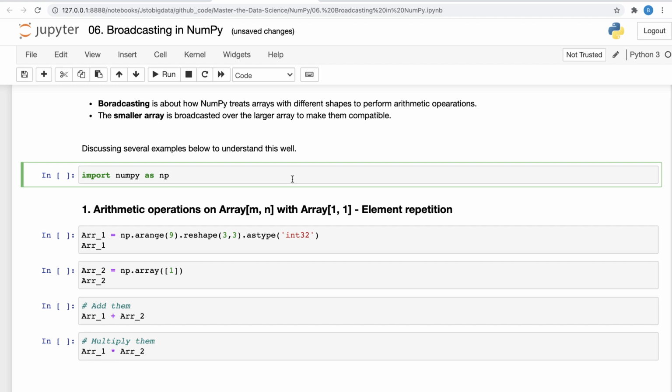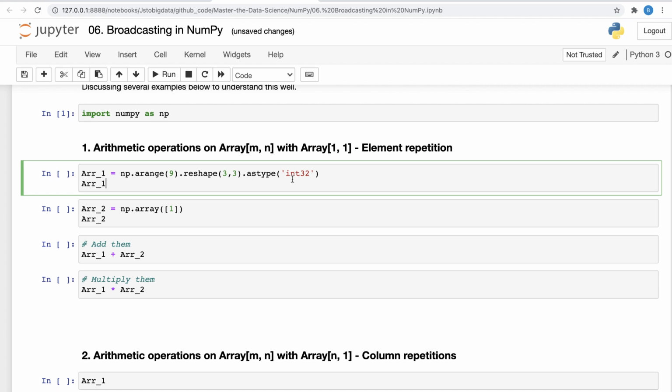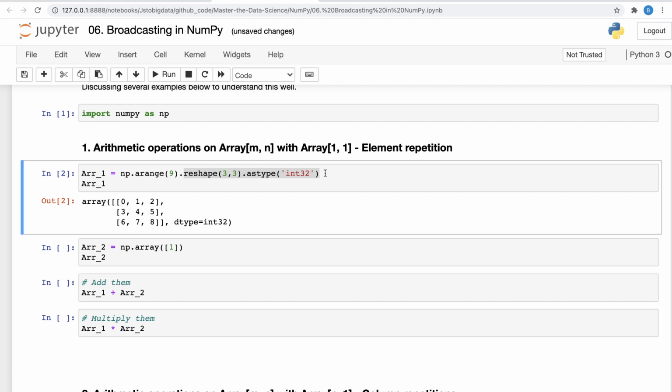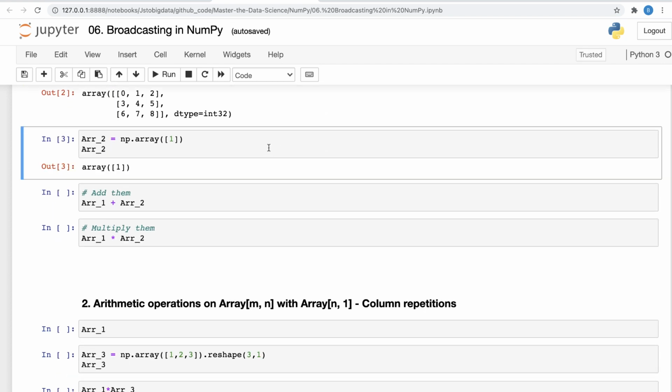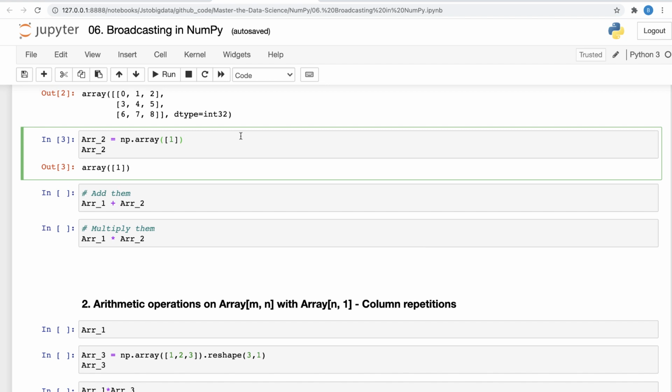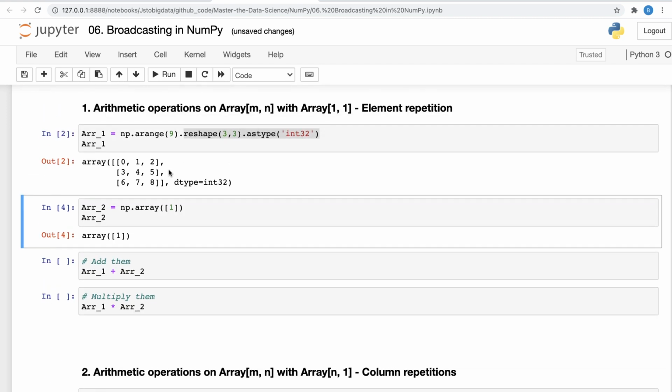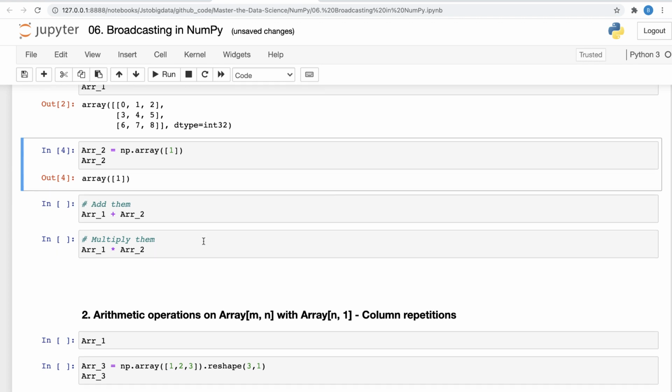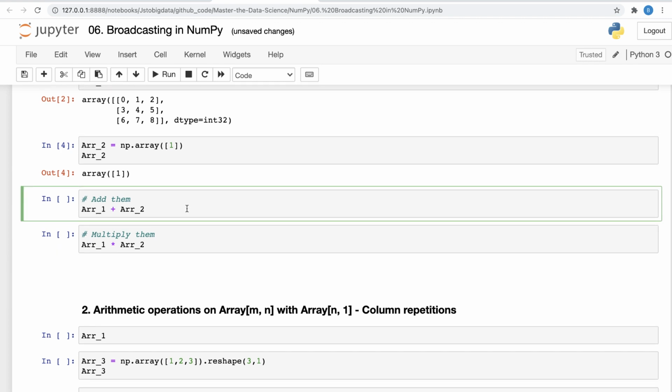So obviously the very first thing that you would do is import the NumPy library, and I have one array 3 by 3 and it is of the type integer 32. Okay, and you just see that, right? And it is created using arange, so that's why it has the values from 0 to 8. And now let's say I have another array which is array 2 and it has just one element which is 1, right? And now I want to add this 3 by 3 matrix with just one element, and the way I can do that is you just have to do array 1 plus array 2.